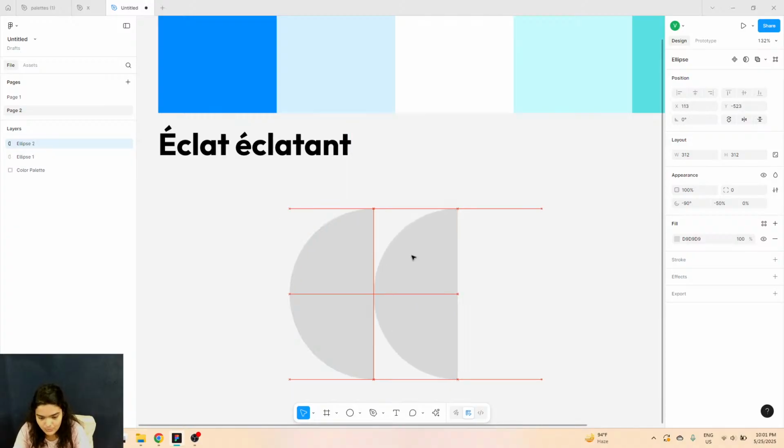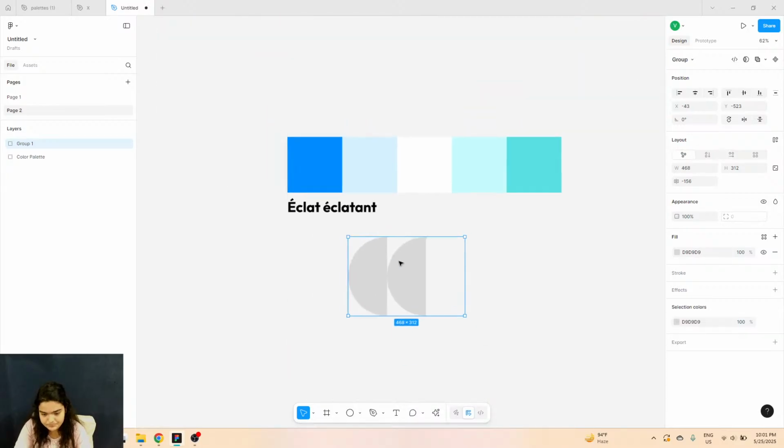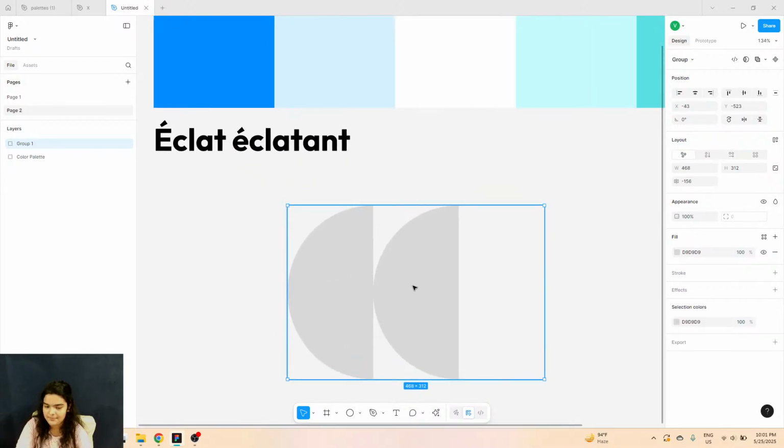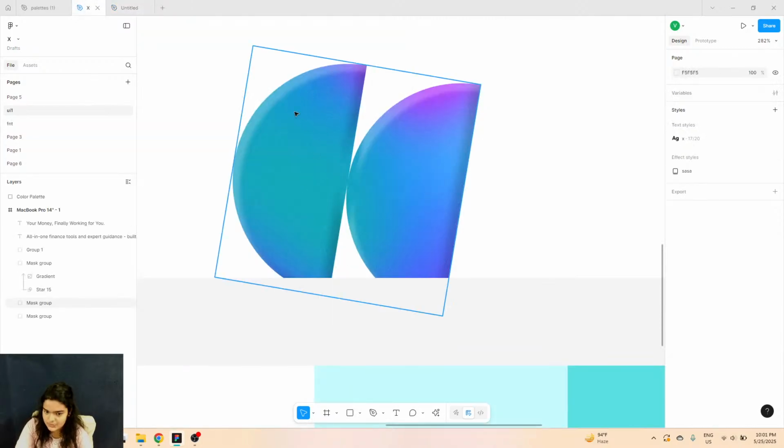Have another ellipse working right here. Select both of these, group them together. And now we have a really nice looking shape. So we're just going to place this over here, and then we're going to work on the actual gradient that